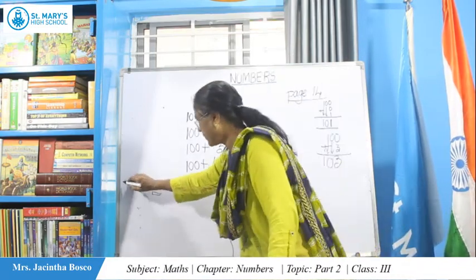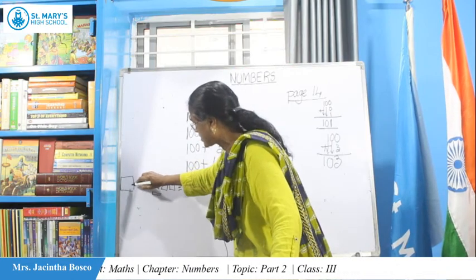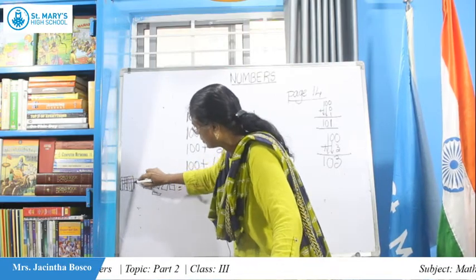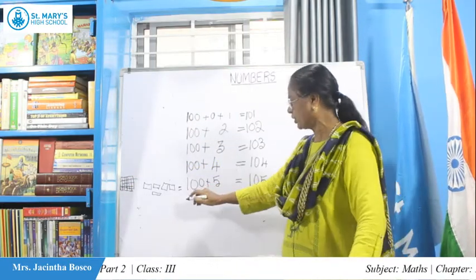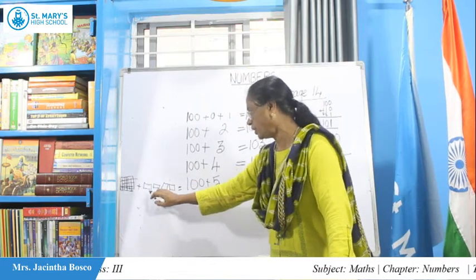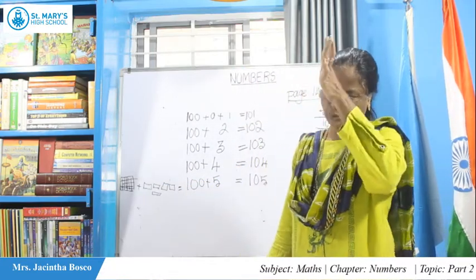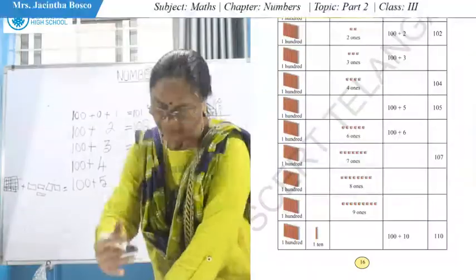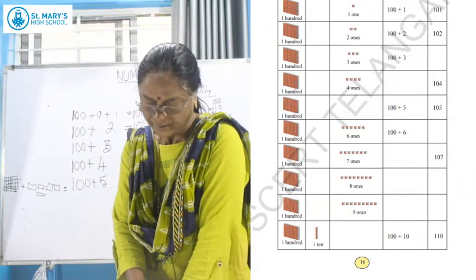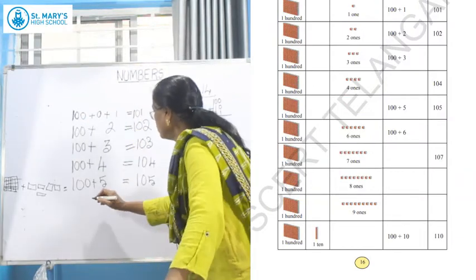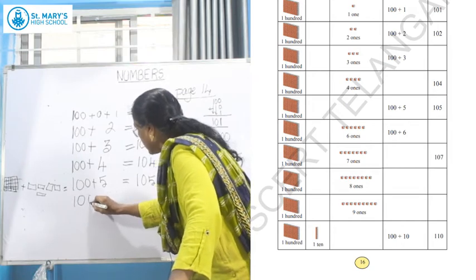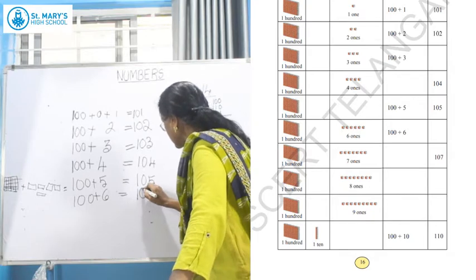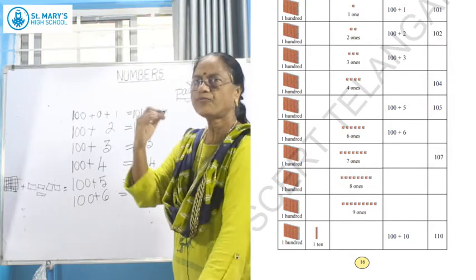Already these 100 bricks are there. That full set is given there. 100 bricks are given. So you don't do that. Only what you have to do? You need to draw single bricks. 5 bricks you need to draw. The rest of the answer is given. Let us come down now. 100 plus 6, and you need to total and put it. 100 plus 6 is equal to 106. Is it easy for you to count?